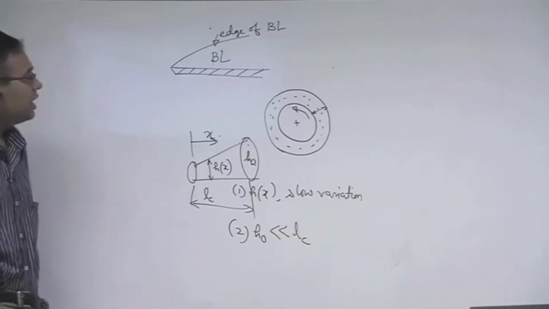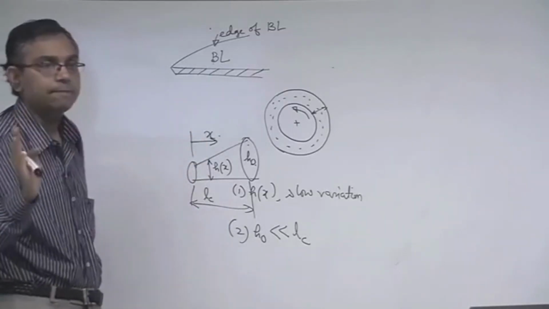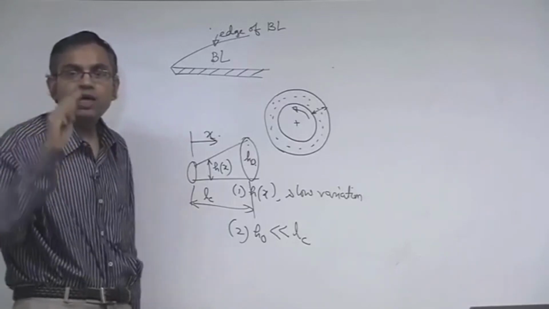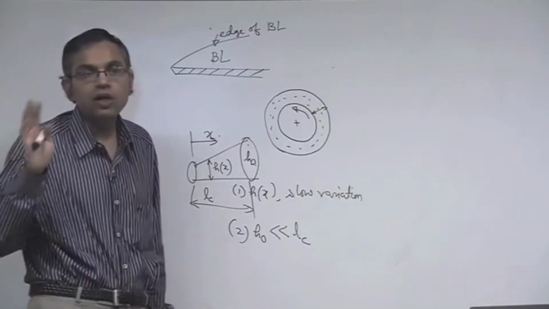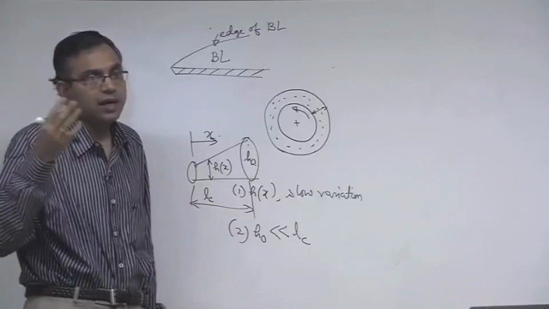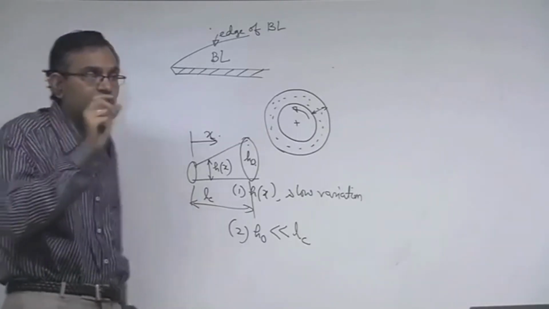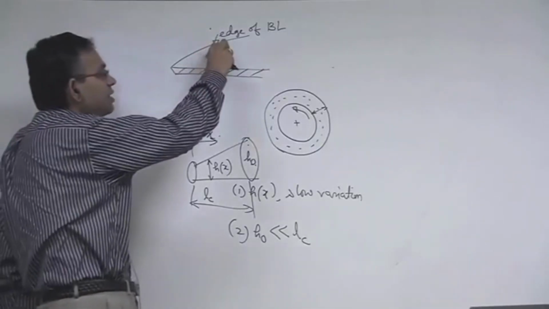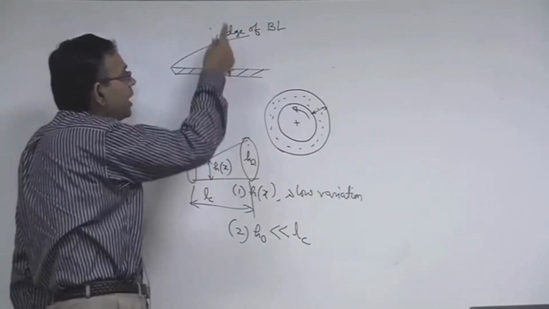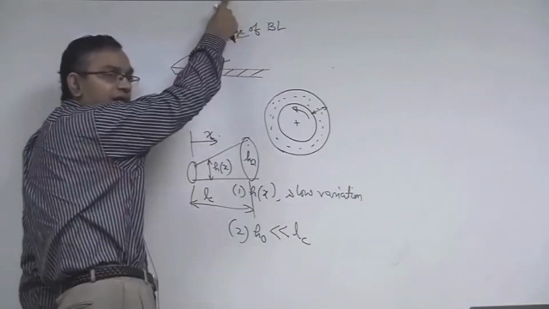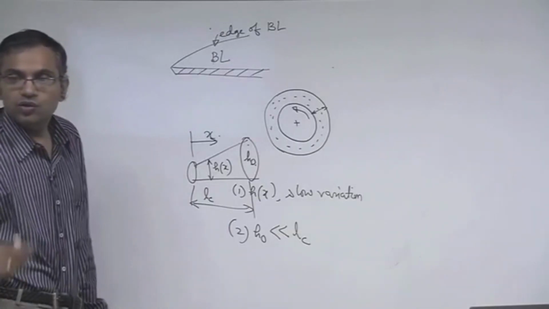What we see here is the boundary layer theory, not the concept of boundary layer. Remember one thing: what is the boundary layer? It is a layer adhering to the solid boundary in which viscous effects are felt. How thick can the boundary layer be? It can be as thick as infinity. It depends on the Reynolds number. If the Reynolds number is large, then the thickness of this layer is very small. On the other hand, if the Reynolds number is small, viscous effects are so highly penetrating that the fluid even at a very far stream feels the effect of the solid boundary explicitly. So, boundary layer thickness